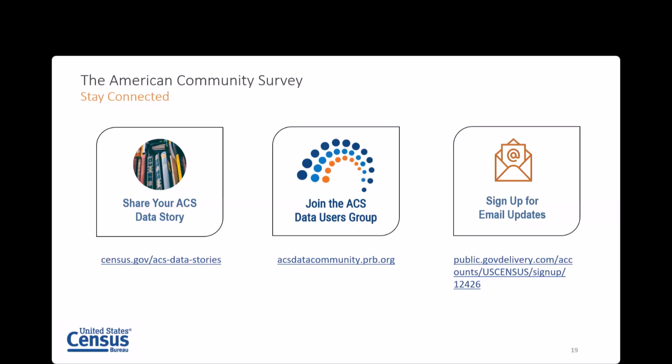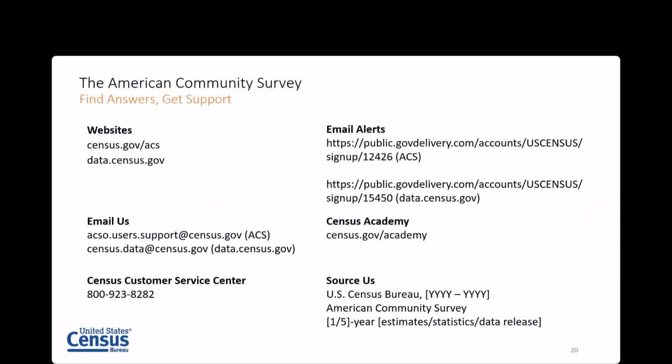And finally, you can sign up for and manage email updates from the ACS. Our monthly events and updates email will alert you when new materials are available, and you'll stay updated on our data releases. In closing, I encourage you to connect with us directly. If you have ACS or data.census.gov questions, you can reach us at the email addresses or at the phone number shown here. I've also provided the link to sign up for and manage alerts, again, about the ACS